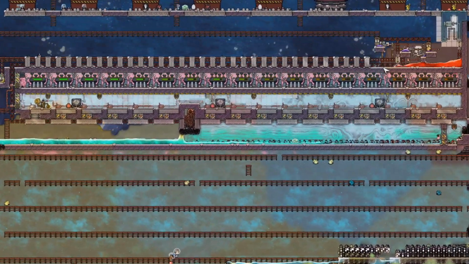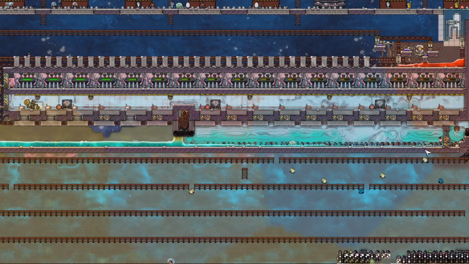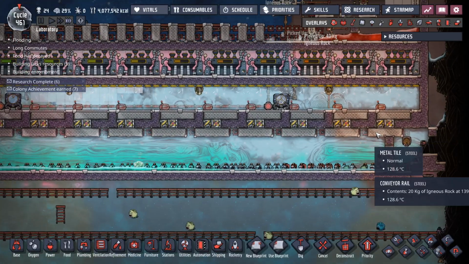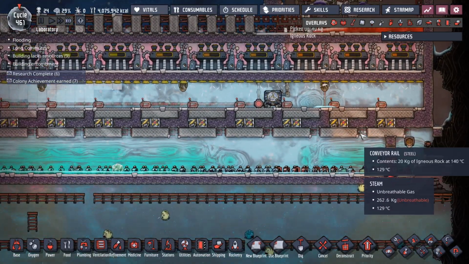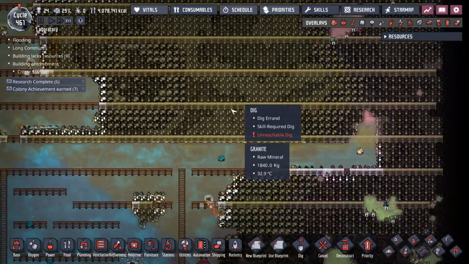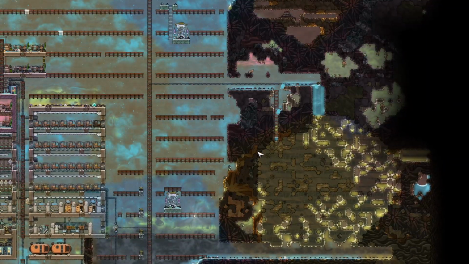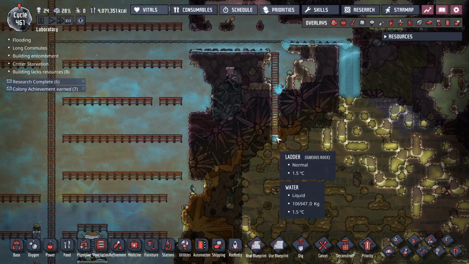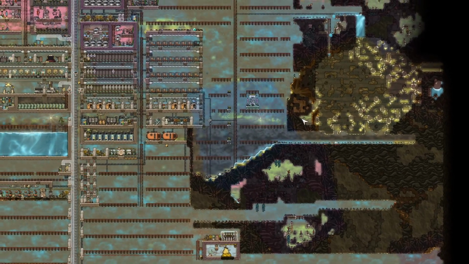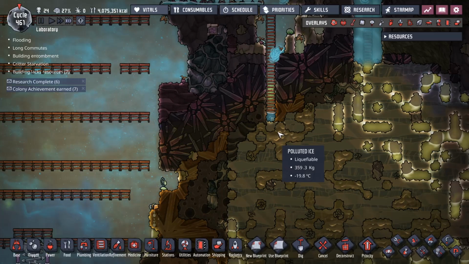But even with the igneous rock stopping for a while, still had plenty of heat stored up in the system. When it's going full bore with a constant stream of igneous rock, then all of these are running at about 800 watts, which is just a lot. Wow. That should be fun when it explodes. In fact, it's a good end of the map. Let's see what happens